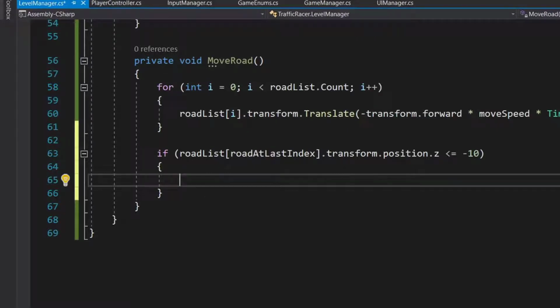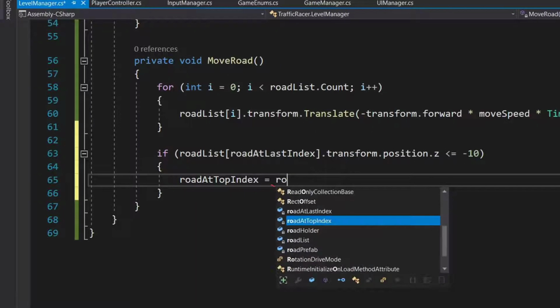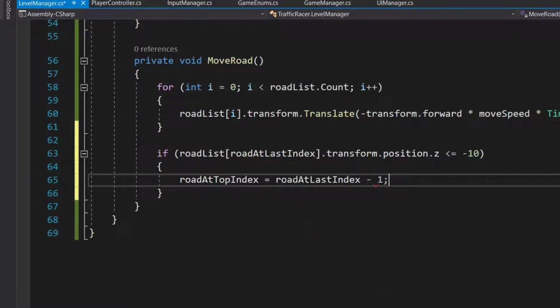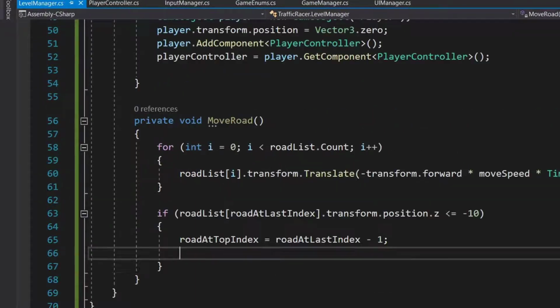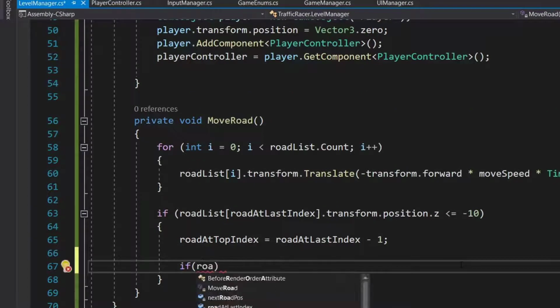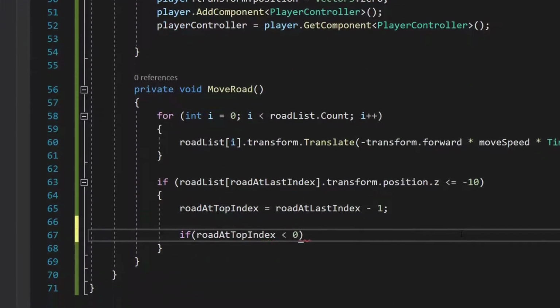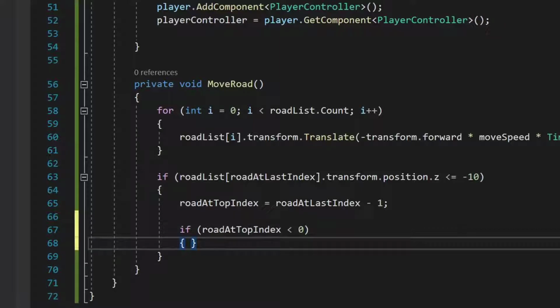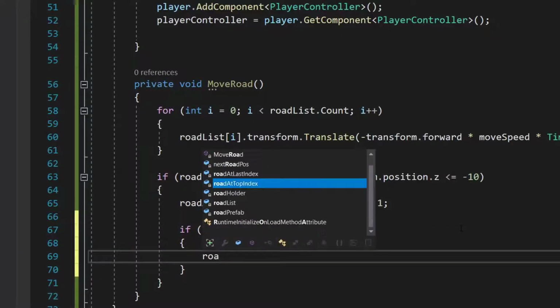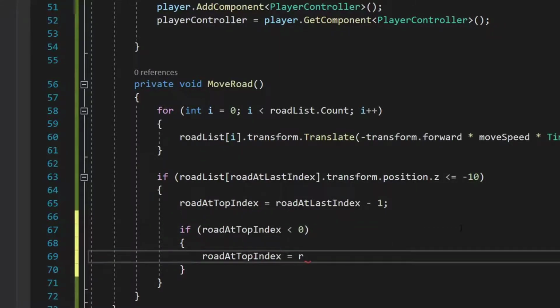If this condition is true, then we'll set our road at top index equal to road at last index -1. Then we will check if road at top index is less than 0, and if it is true, then we set our road at top index is equal to road list dot count -1.